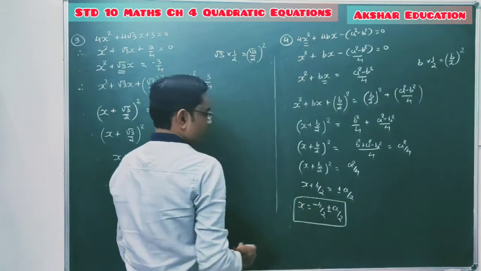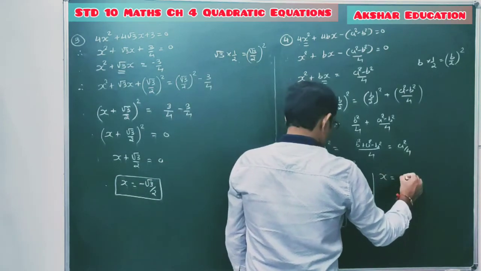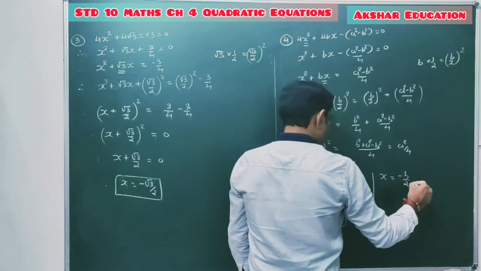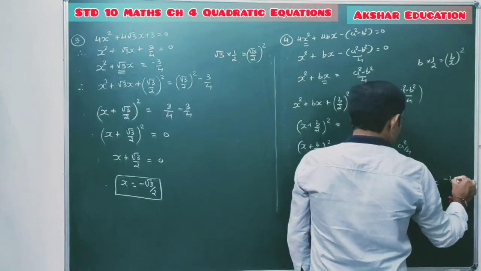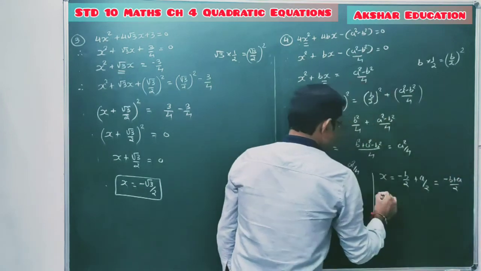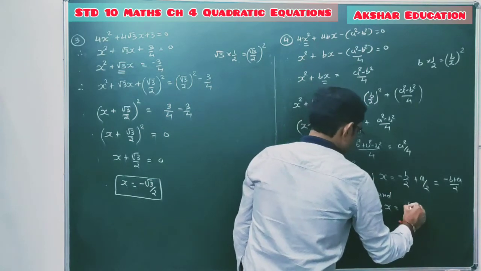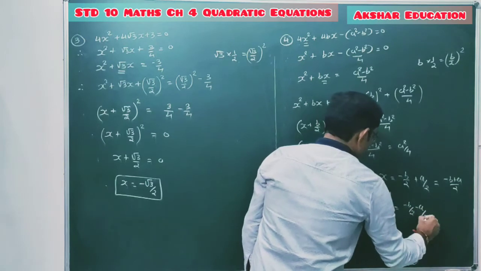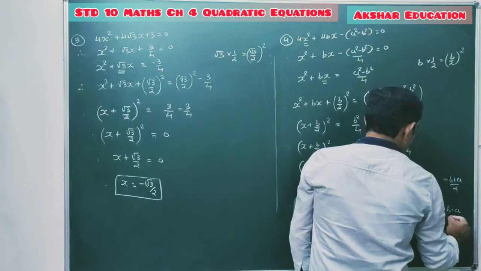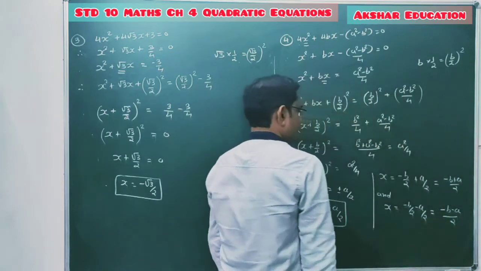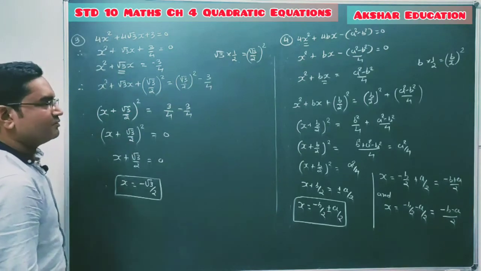So here we are getting two values of x. The two values of x are, first time considering the plus sign, x equal to minus b by 2 plus a by 2, which is equal to (minus b plus a) by 2, and x equal to minus b by 2 minus a by 2, which is (minus b minus a) by 2. These are the two solutions of x. Clear, students? Pause the video to note it down.